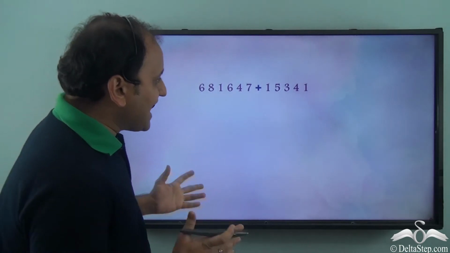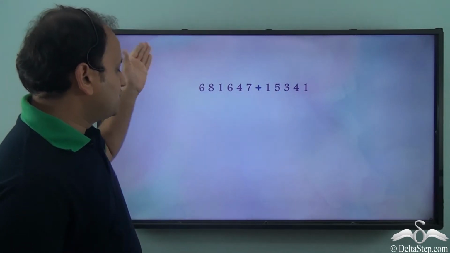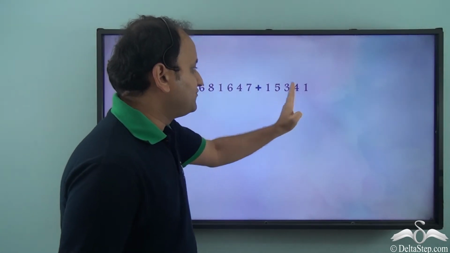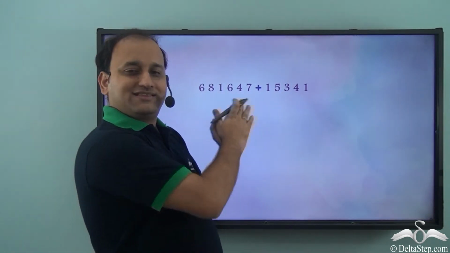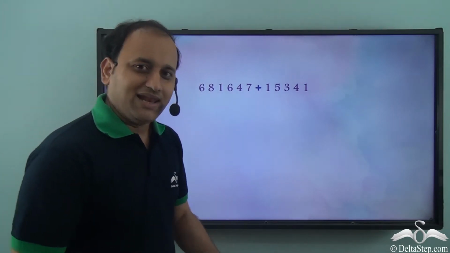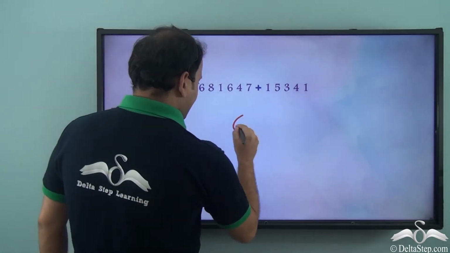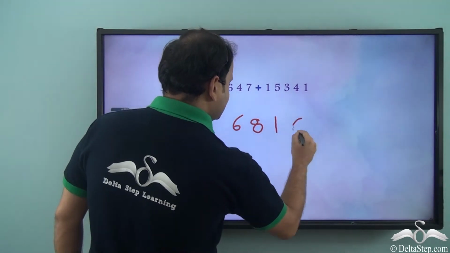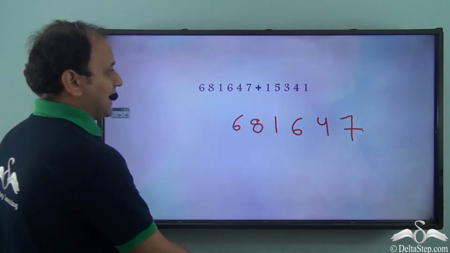Now that you have already added these numbers, can you solve this particular question? So we have 681647 plus 15341. So what will be the answer for this addition? What do you think? Well, let's see what will be the right answer. So we have 6, 8, 1, 6, 4, 7, and we have